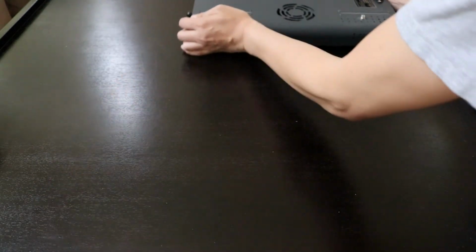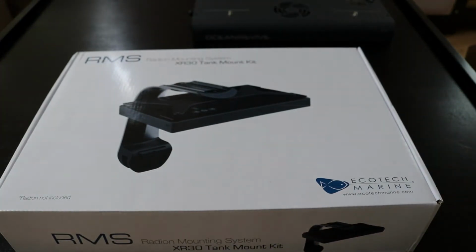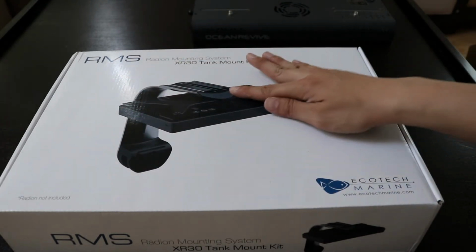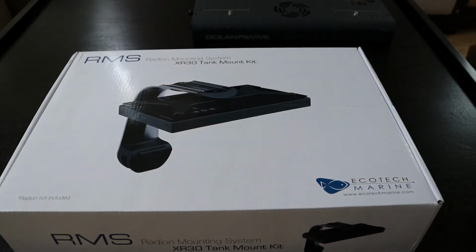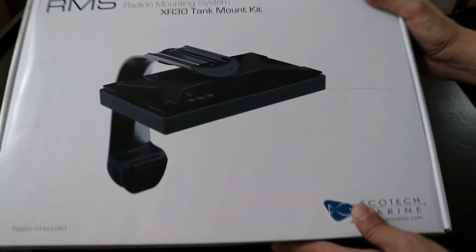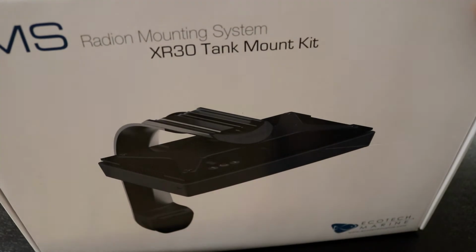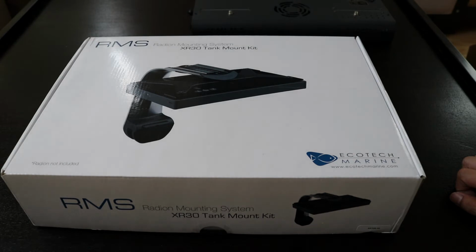Let me move this out of the way. This mount right here, you can see how slick it is, and you can run the wires to the back right here, and the wires would be like hidden essentially, and I want that feel and look. So I bought this Radion XR30 mount on eBay. eBay was throwing out 20% off coupons, and I took advantage of that to buy